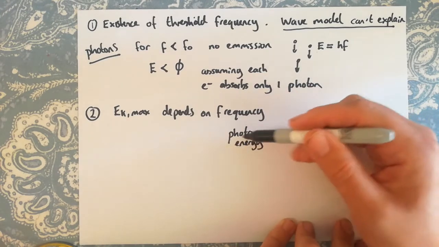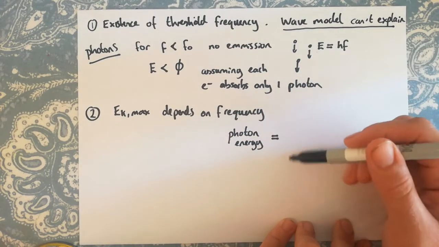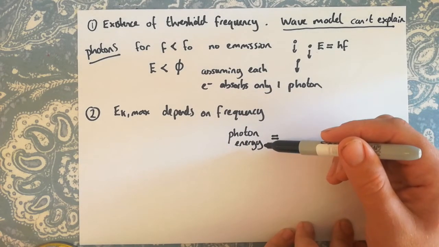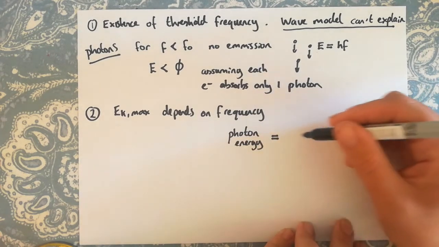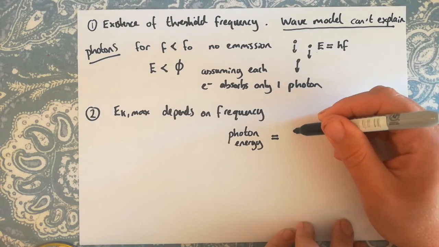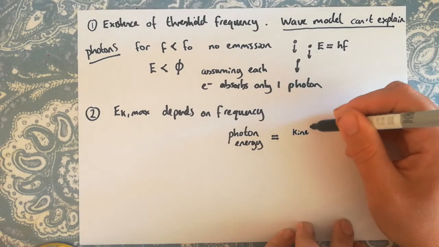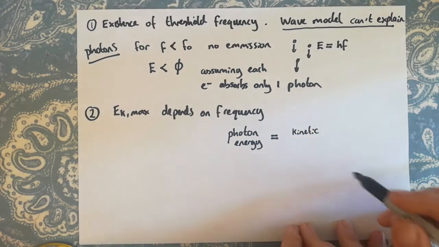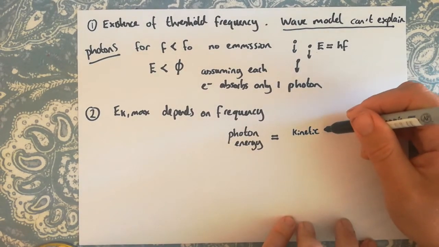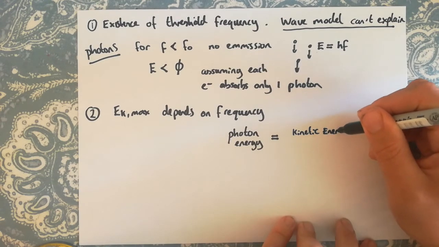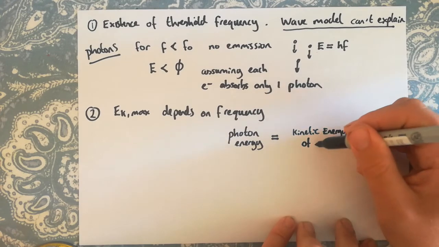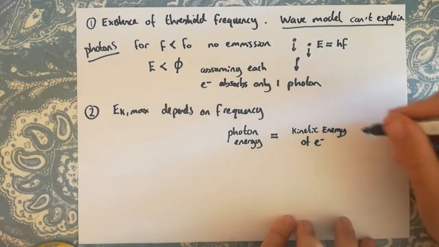The photon that is going to fall and be absorbed by an electron in the metal has a certain amount of energy. That amount of energy is going to be transferred to the electron, and it could be transferred to two different stores. It could increase the kinetic energy of that electron,